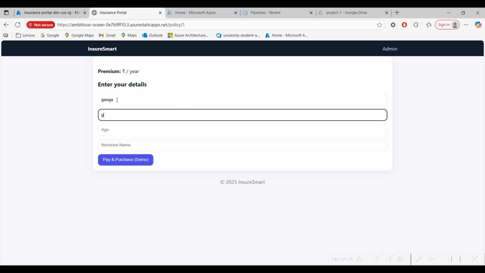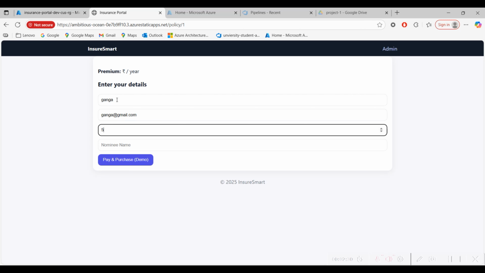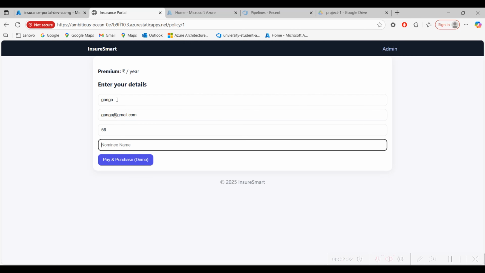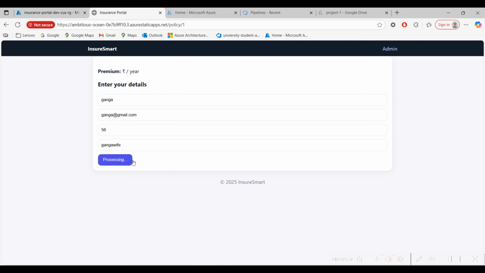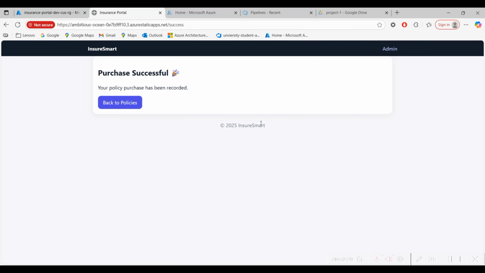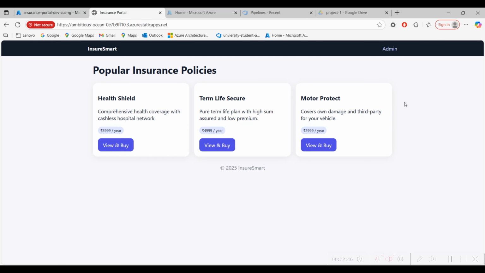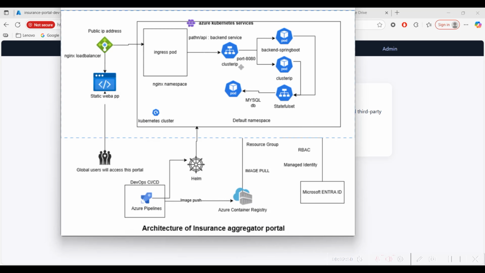So he fills in the details, and then you need to fill in the details. Save. Like this, he will purchase all the policies whatever he needs. Back to policies. Once you purchase, the details will